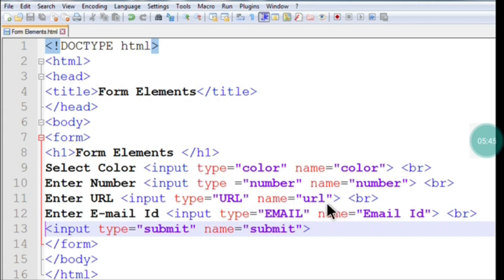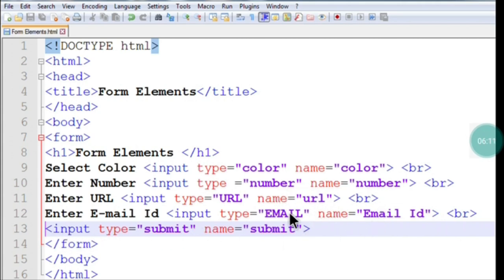So here, once you complete that, then complete this BR tag. The BR tag is a standalone tag you can use to go to the next line. Then enter email ID. One more text you have to type for entering the email ID. This will display the text box on the web page asking you to enter the email ID.